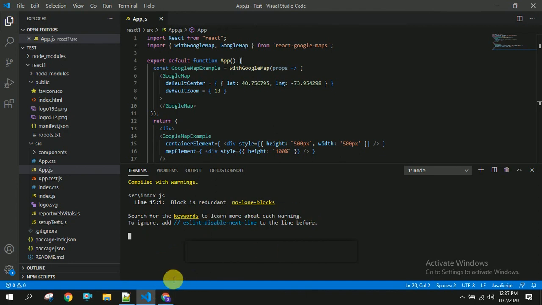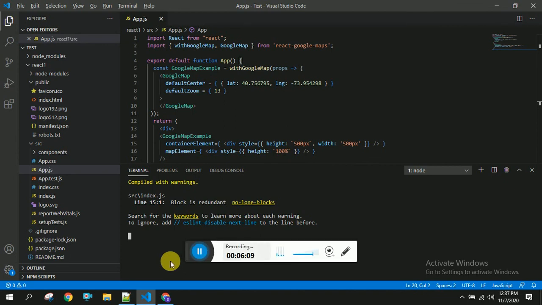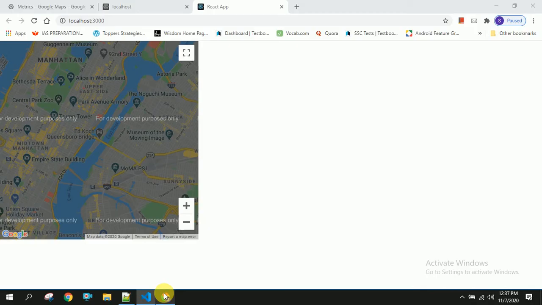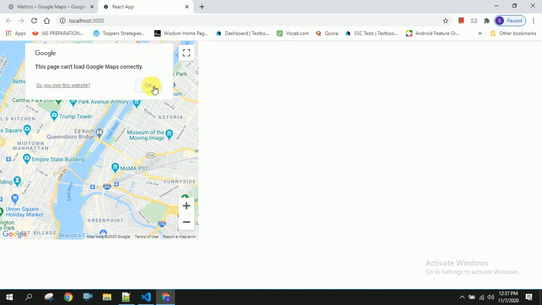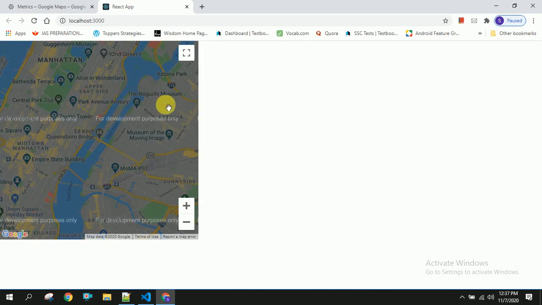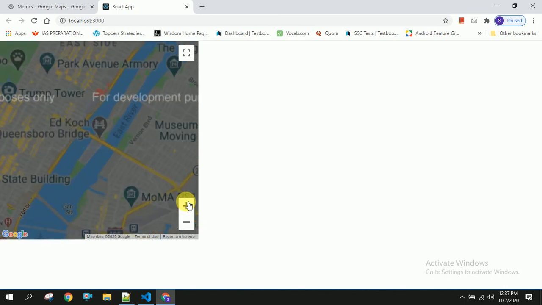Now we have to open our browser and verify whether it's working or not. You can see here, I will refresh this. And if you see here, we got this successfully.